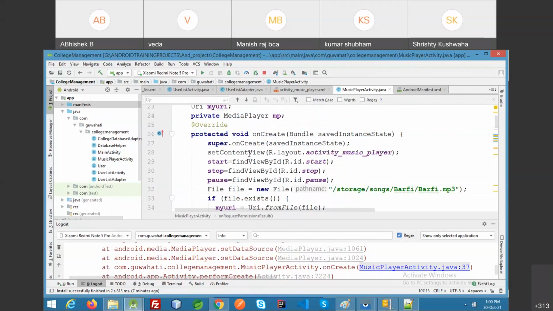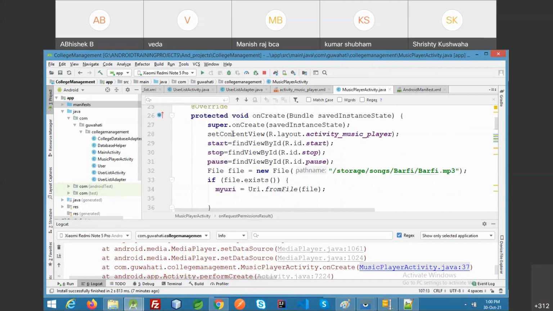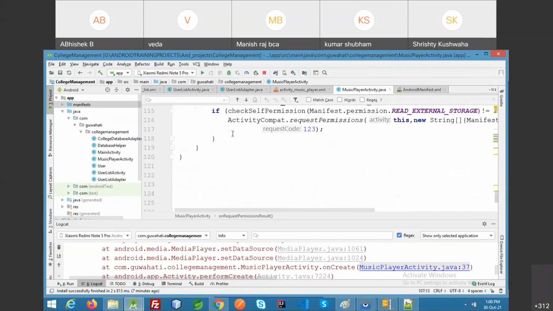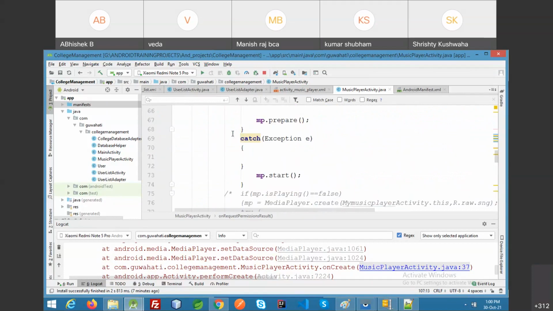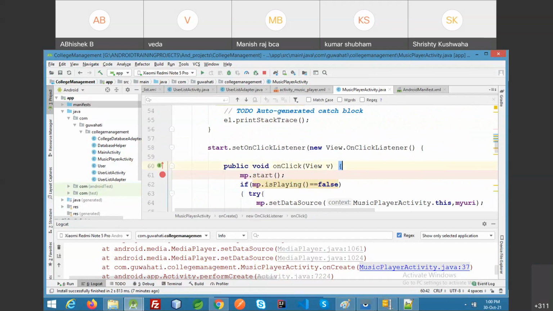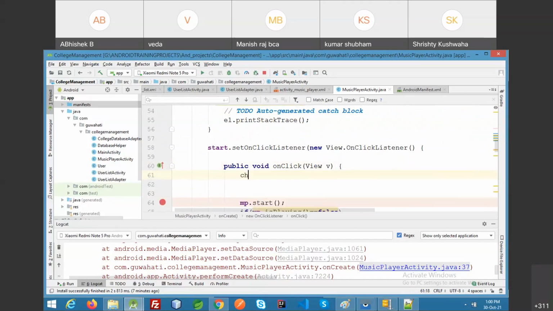First of all, I mean before on click, just check the permission. On click of start, there is a click start button. This is start button. Check permission. So when permission is checked, check permission.